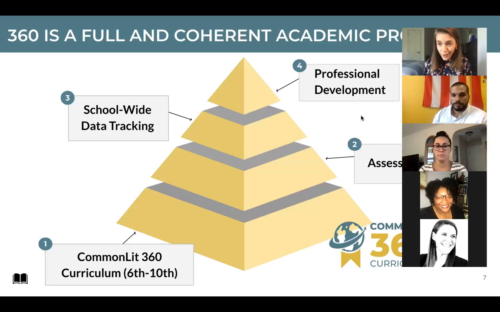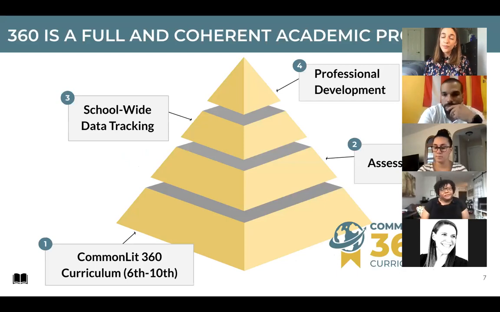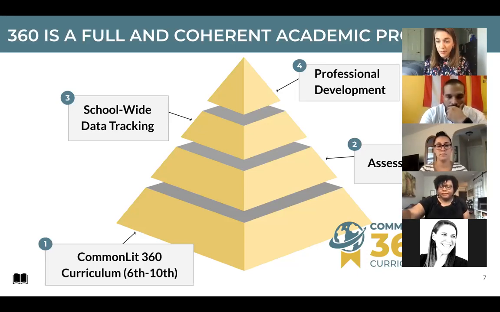So what's our theory of change? How are we actually going to do this? Three years ago, back in 2018, CommonLit was a supplemental tool. We really took a step back and said, okay, what is the impact of our supplemental program and how can we help schools really move the needle and really dig deep to get the kind of impact that we wanted to have? And so we did this big survey of administrators. We talked to dozens of them all over the country.